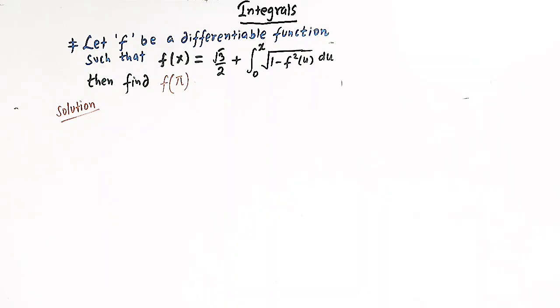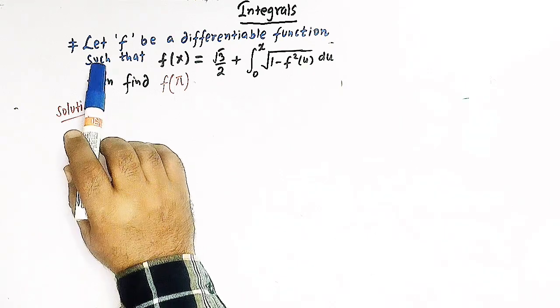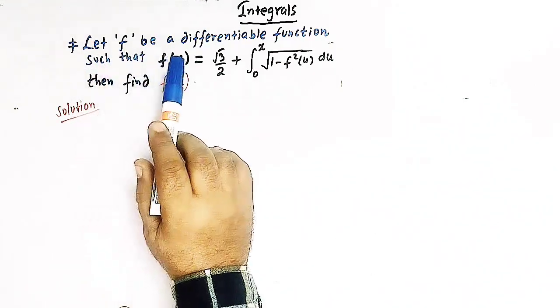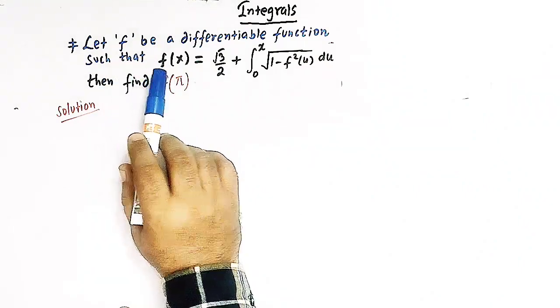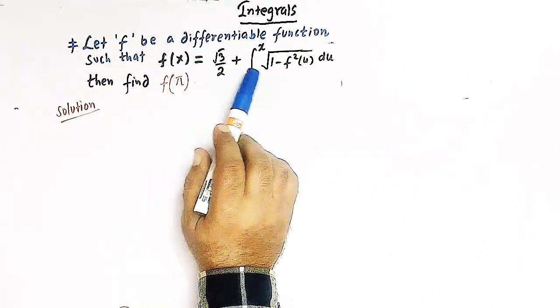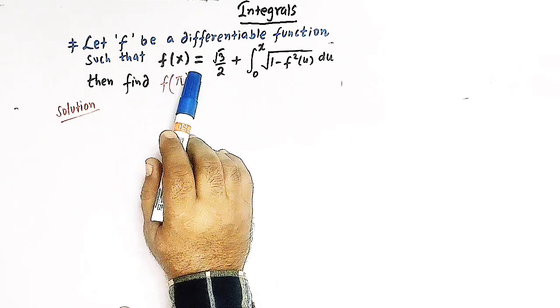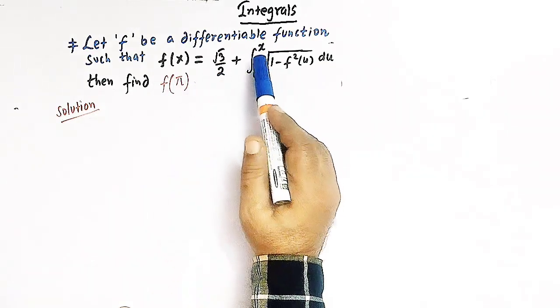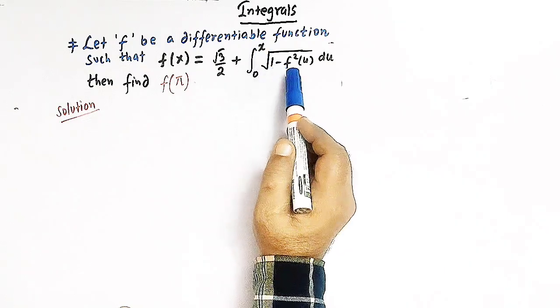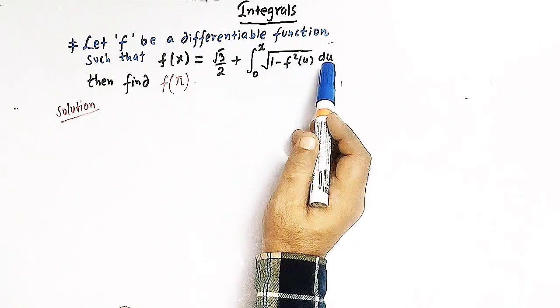Hello viewers, in today's session we are going to discuss another important and very conceptual problem from definite integrals. And in this session we'll solve this problem where we are given a function f which is a differentiable function, and this function f of x satisfies this relation, that is f of x is equal to square root of 3 over 2 plus integral 0 to x square root of 1 minus f square u du,